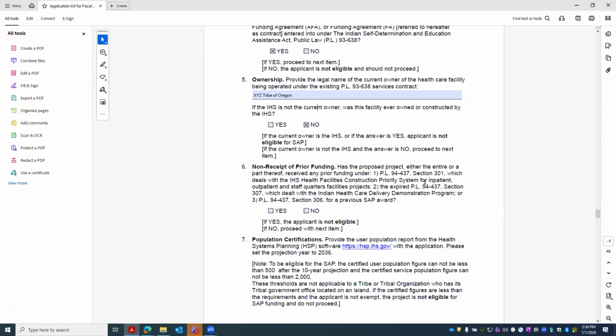So if you had a facility constructed by IHS long ago, and the tribe compacted and they own the building, that particular facility for expansions, renovations, and modernization is not eligible for SAP. But if you had a tribally owned, tribally built facility that was only 100% funded and constructed by the tribe in its whole existence,